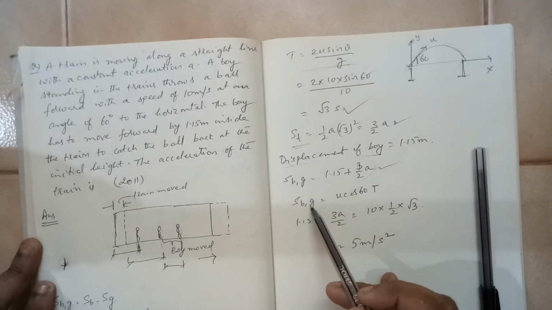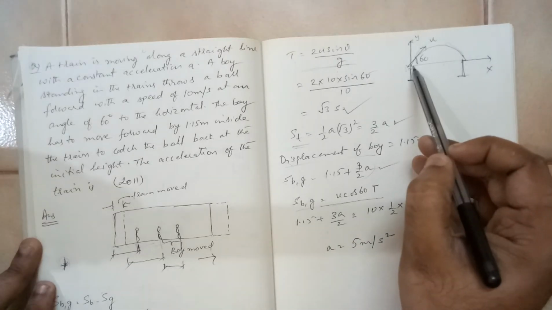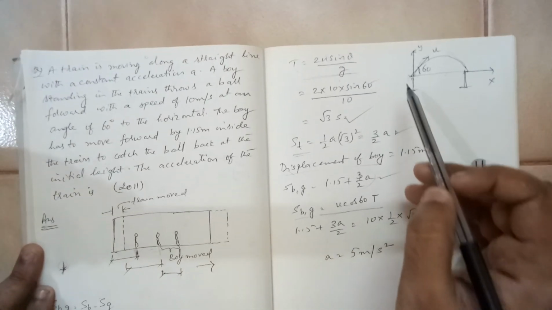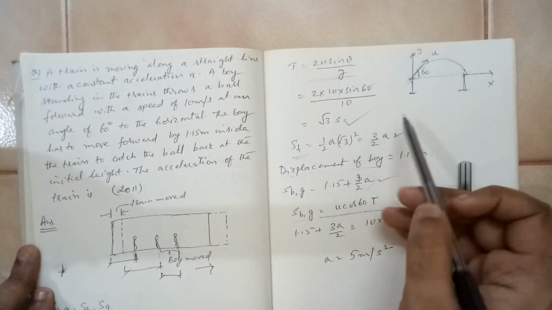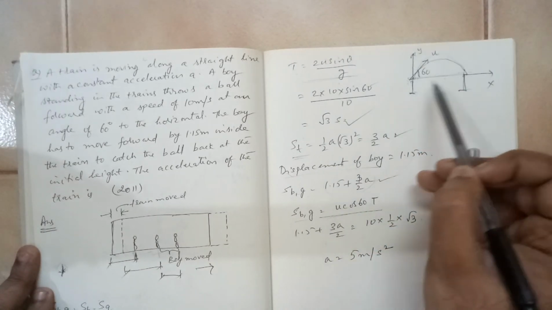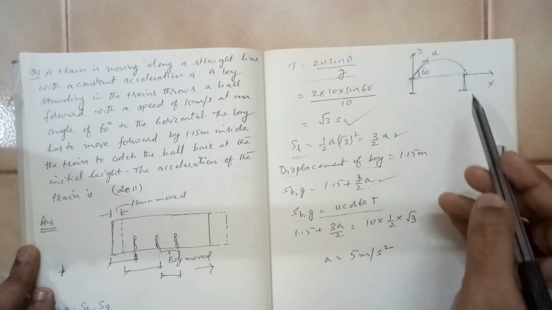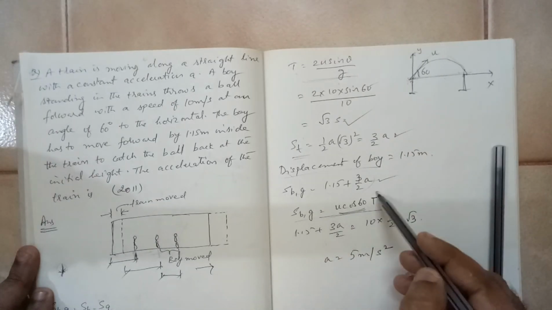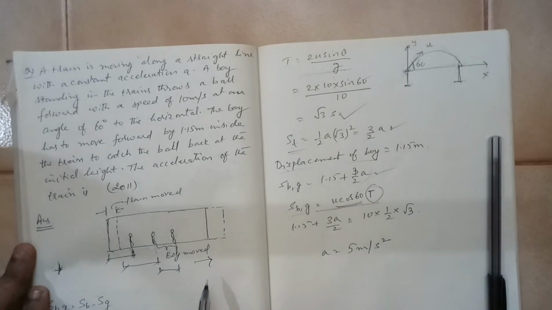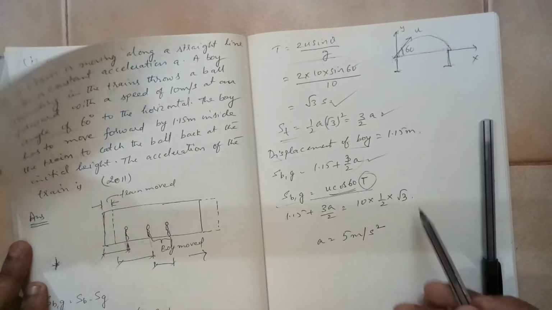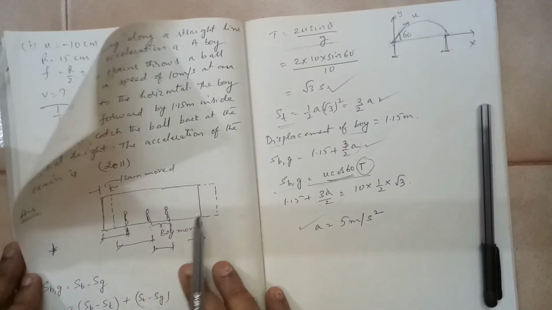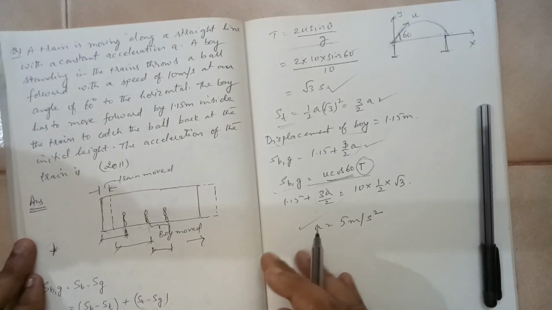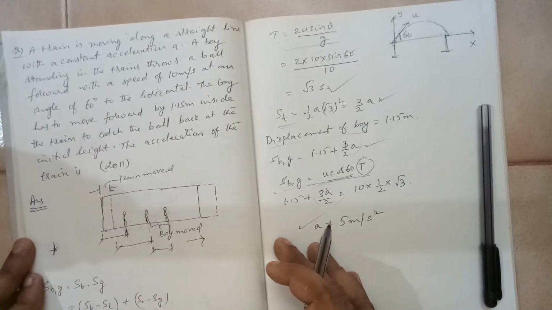Now this distance is equal to the distance the ball covered and came back and returned to the boy's hand. What is that distance? That is the range basically. So you have to take only the horizontal distance. The horizontal component you have to take is u cos 60 into the total time of flight of the ball. So when you equate these two, you get the unknown, which is a, equal to 5 meter per second square. This is how you have to do this type of question.